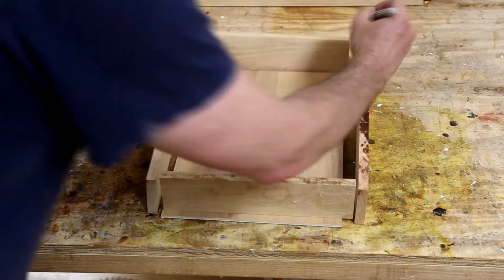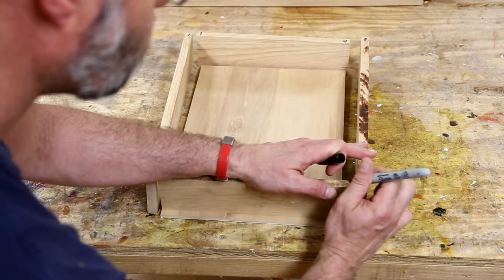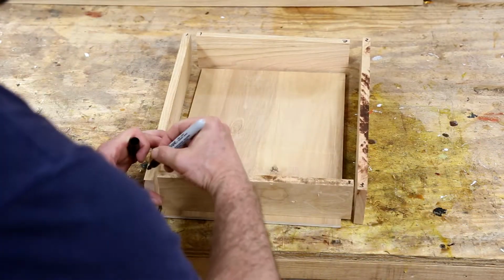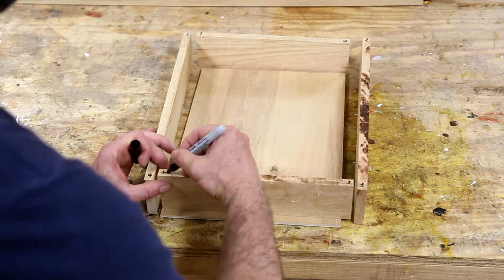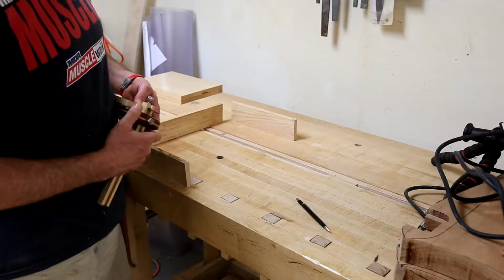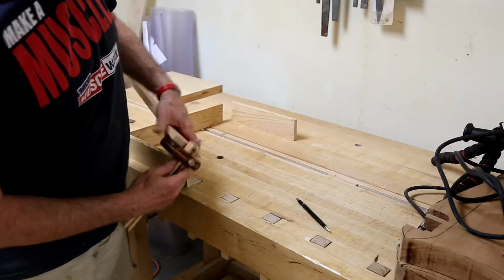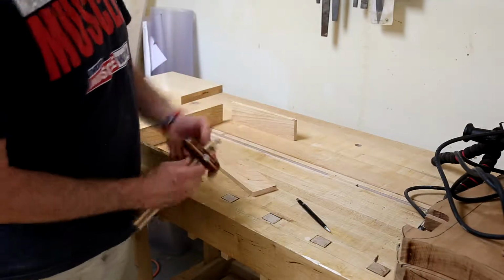In this video, I'm going to show you how to do hand-cut dovetails using the tails first method. Start by laying out all of the sides of your box or whatever your piece is. Label the sides so that you don't lose track of which ones mate with each other and which orientation they go. The next step is to get nice scribe lines, the thickness of your boards along each of the